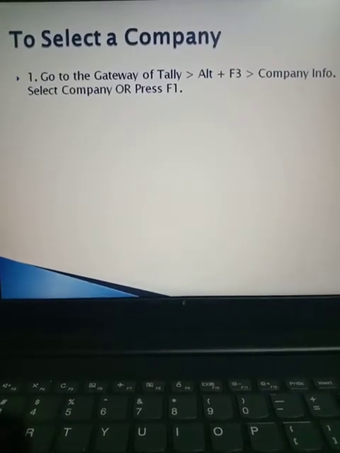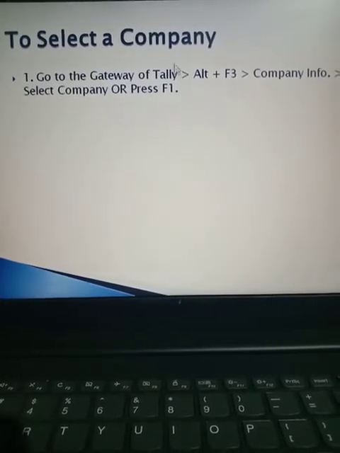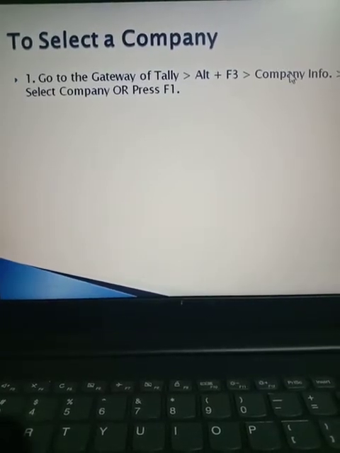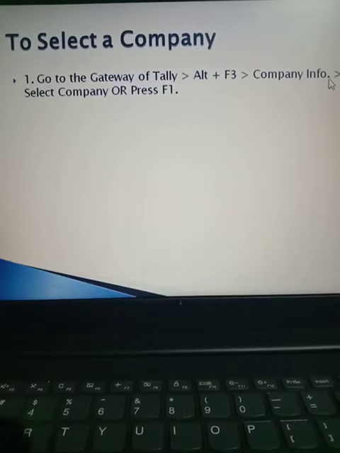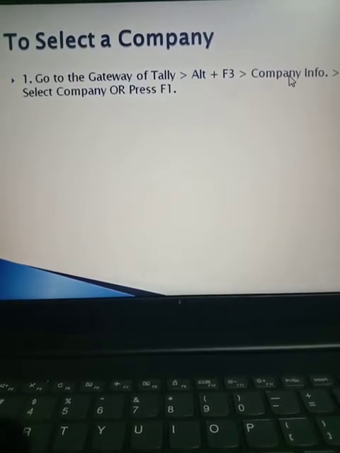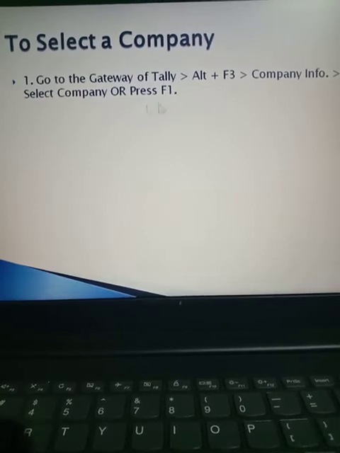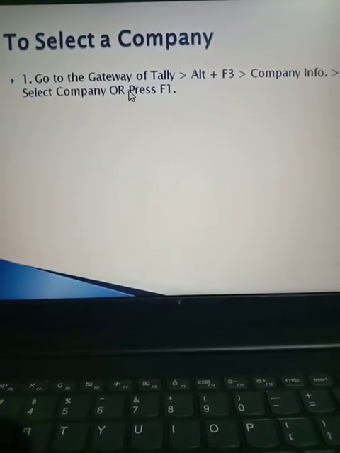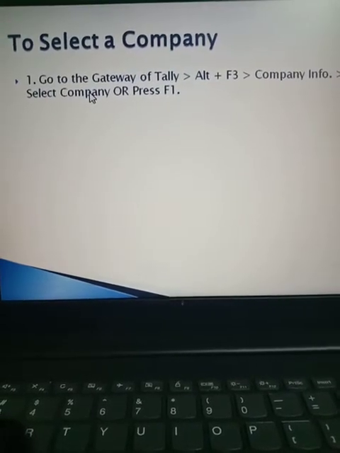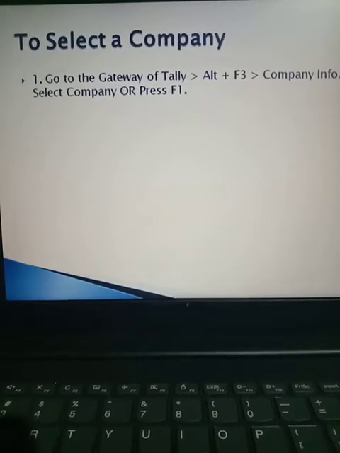First, we need to go to the Tally software. In that we have to press Alt plus F3. After that we have to choose the option called Company Information. When you choose Company Information, the companies you created in Tally will automatically appear on the screen. At that time you need to choose which company you need to alter.